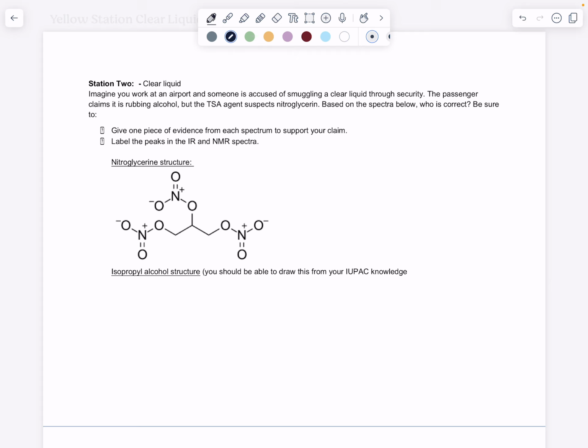You work at an airport and someone is accused of smuggling a clear liquid through security. The passenger says it's rubbing alcohol, but the TSA agent suspects it's nitroglycerin. Based on the spectra below, who's correct? Okay, so